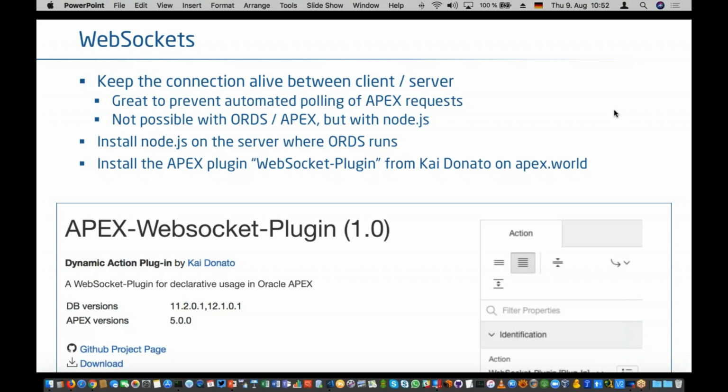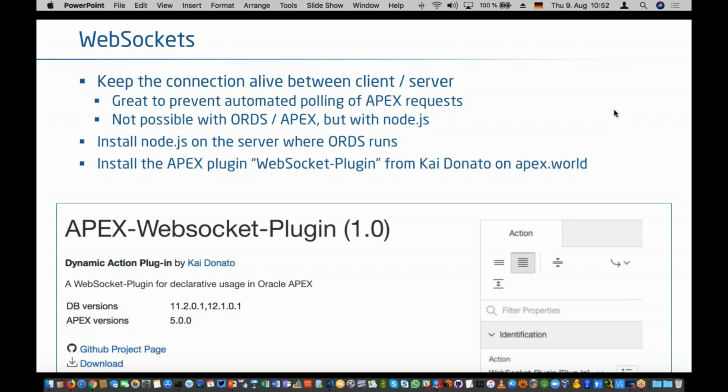It won't be very nice. We actually had this as a customer situation in Germany, where somebody said, oh, that doesn't work that way. So it's more like an architectural problem. And in that case, WebSockets can help you out, because WebSockets is a feature of HTML5 that enables you to push a message from the database as soon as something has changed.